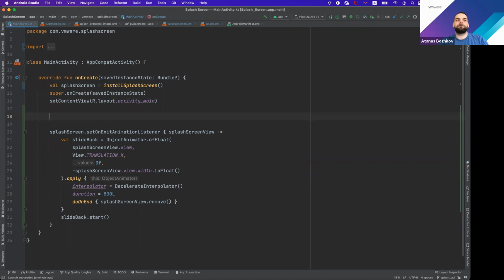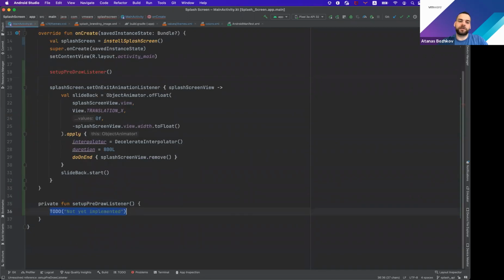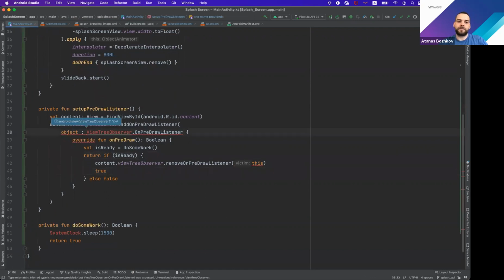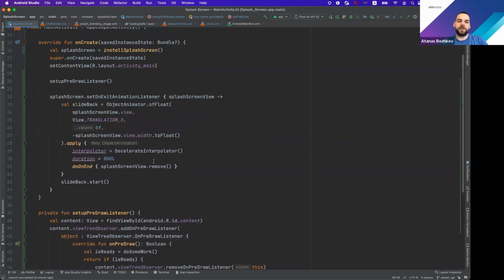For example, set up pre-draw listener, because we are going to listen when our background work is done, and then we are going to return from the splash screen. So I'll just copy paste some methods just to not waste time here. But if we call that one,